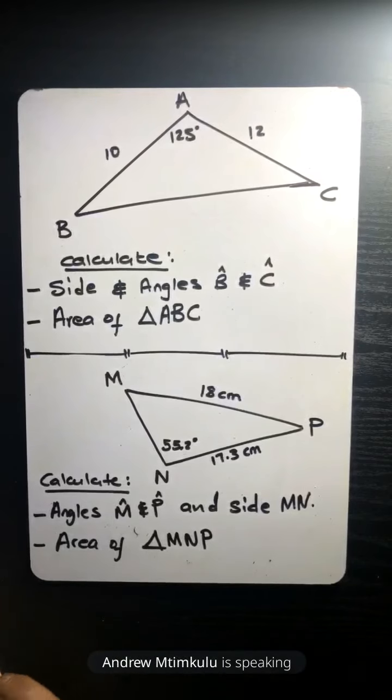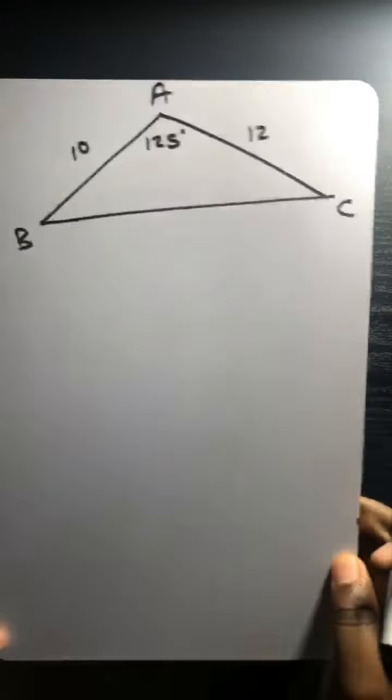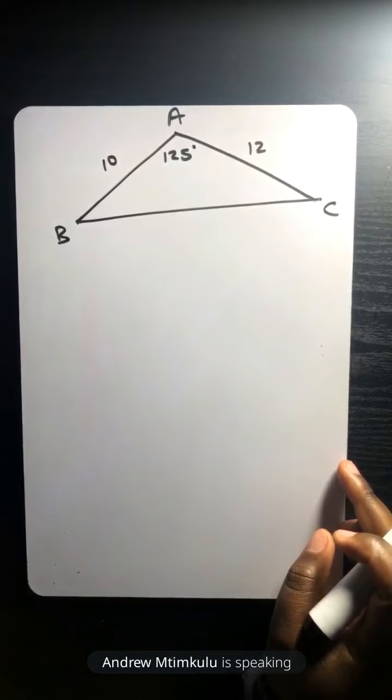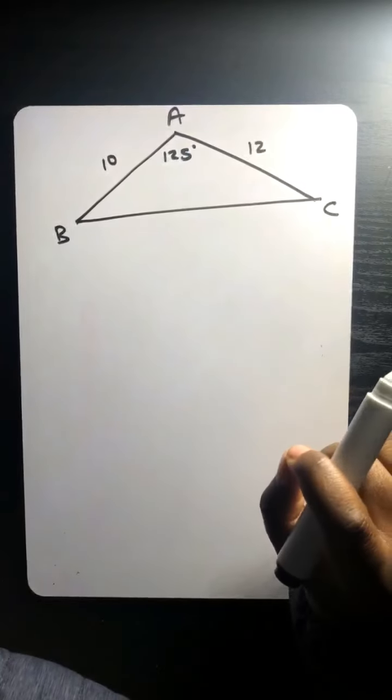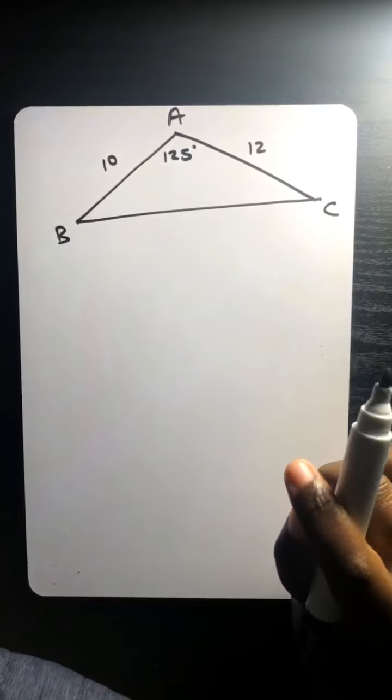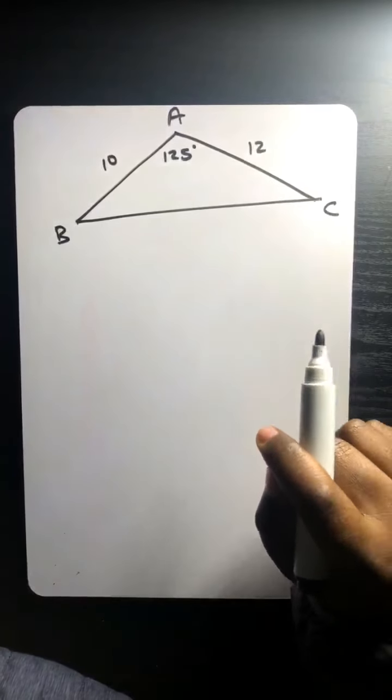Sir. Andrew, make a point, honorable member. What are you saying there? What are we dealing with? So we're not dealing with a right-angled triangle because we are not given an angle which shows that it's 90 degrees, sir. Okay, so now because we understand we won't be dealing with a right-angled triangle,